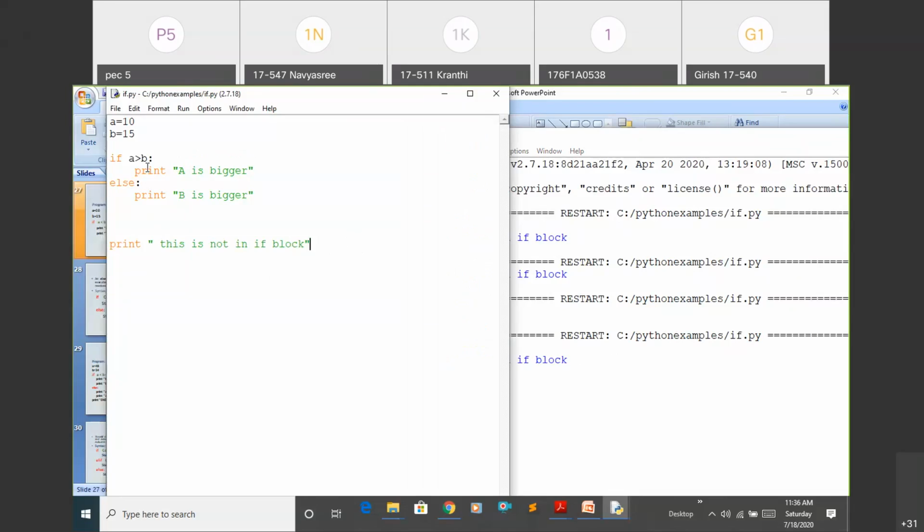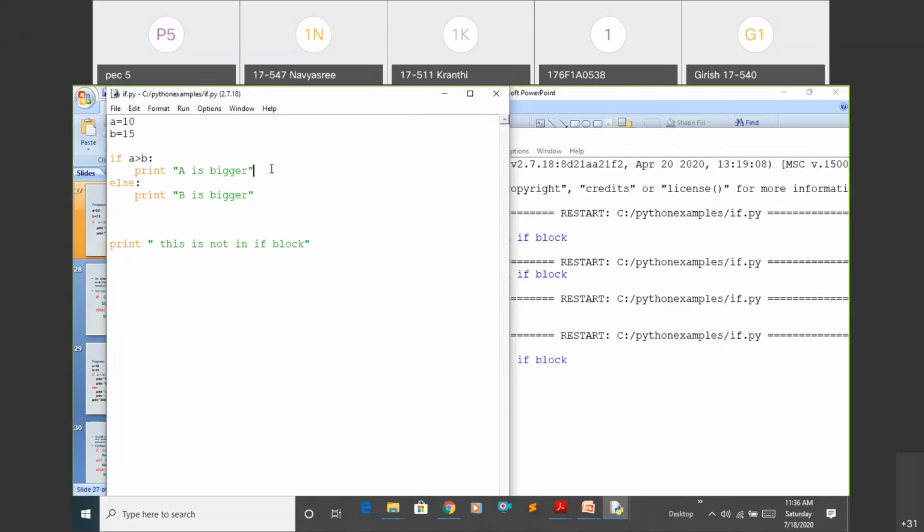All the blocks are identified by the indentation process. The if statement you need to write like this, then the else statement. Suppose I want to check one more condition. To check one condition we use the if statement, and for the false case we use the else statement.